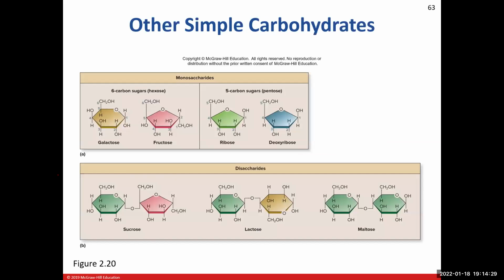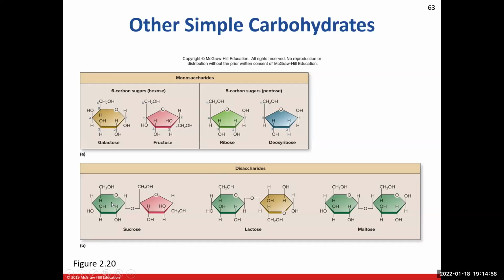Here are our monosaccharides. If you look here, you've got galactose, fructose, and then it's not pictured here, but don't forget about glucose. So these are the isomers of glucose. And then we have our 5 carbon sugars, our pentose sugars, ribose and deoxyribose. So we are going to now make our